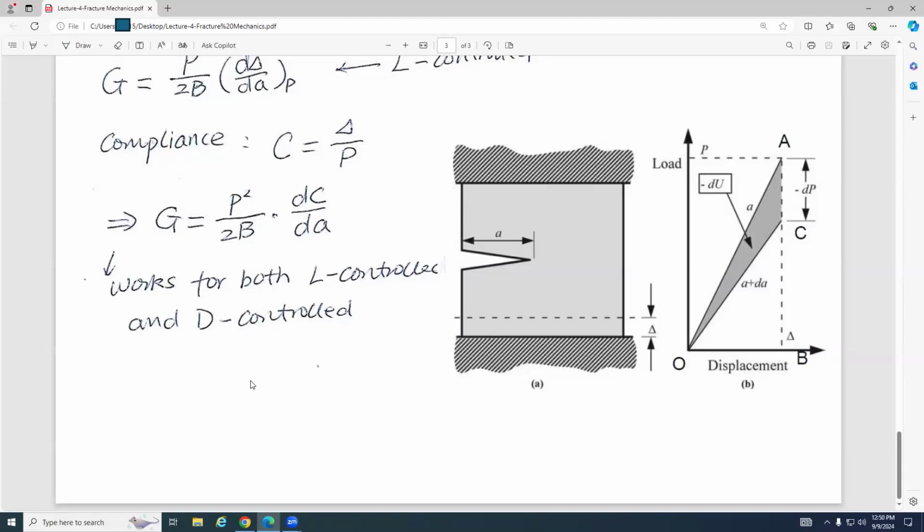So the stiffness changes? Yeah, the stiffness is the reciprocal of C. In both cases, the stiffness? Yes, but you keep in mind in which condition what is constant and what is changing. For displacement control, the displacement remains the same, and the changing variable is P. It's the load required to achieve the same amount of displacement. For load condition,